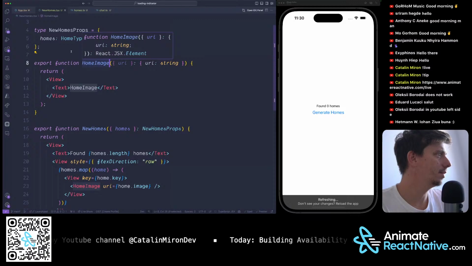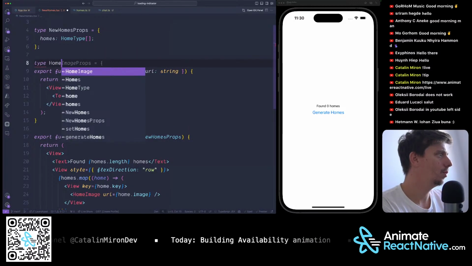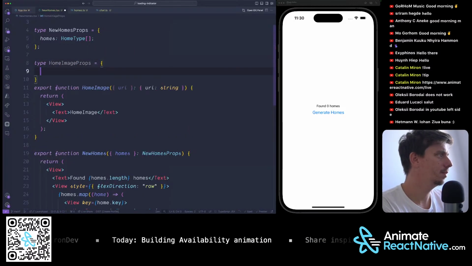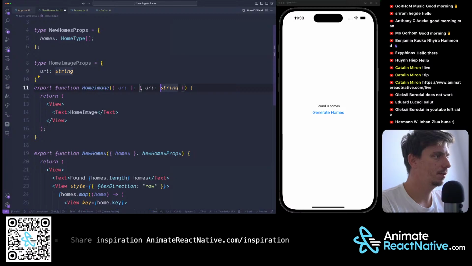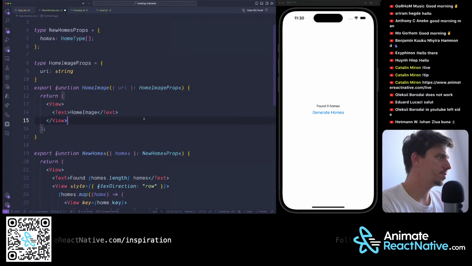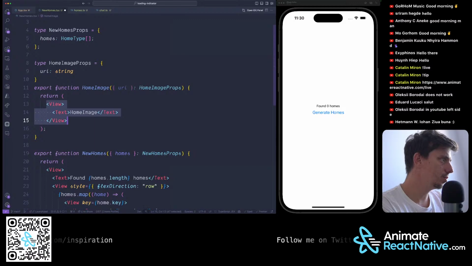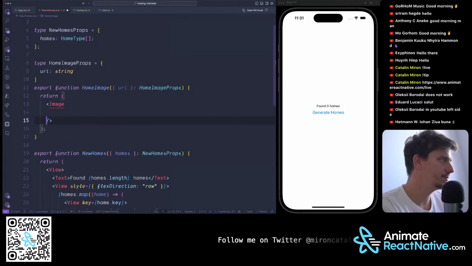I don't care about the type. So this is home image props, and just for now, I'll just render the image with a source URI